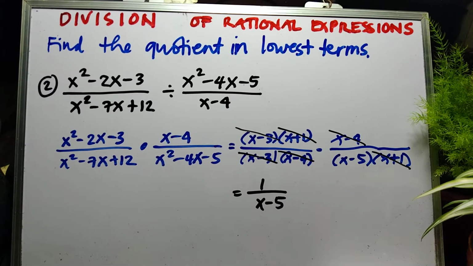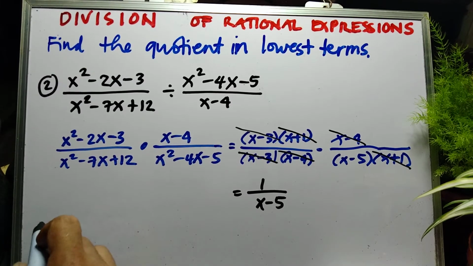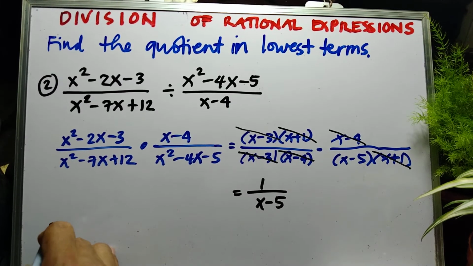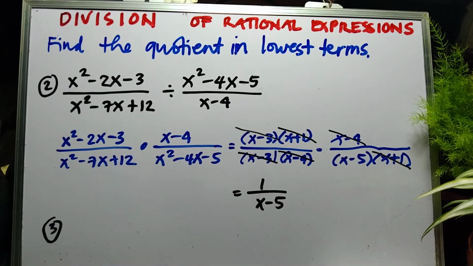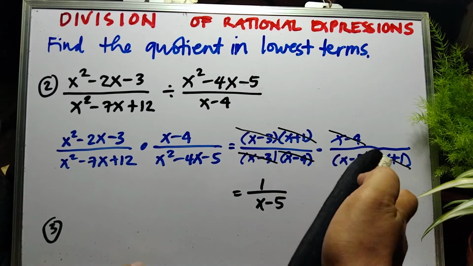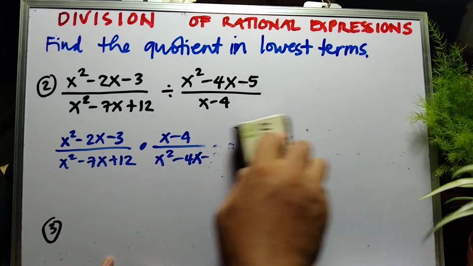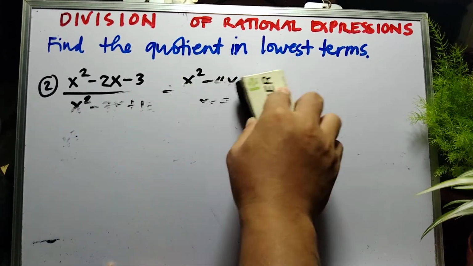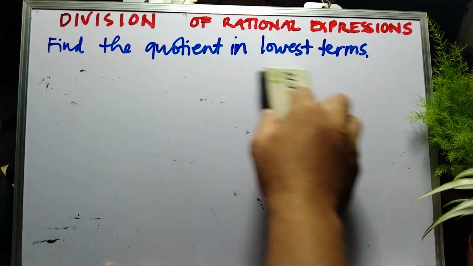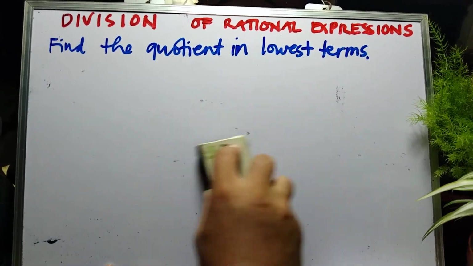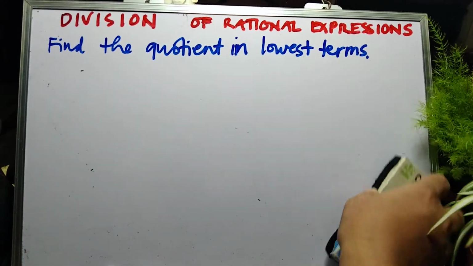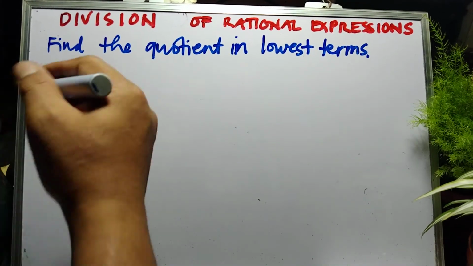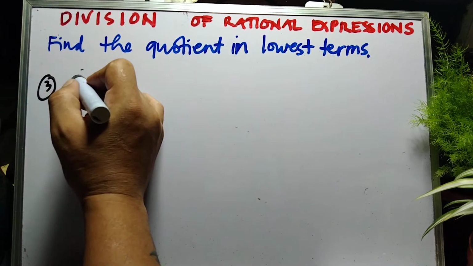Our third example. So you can have sample number 3. Okay. Next na lang. Okay, let's erase this. I hope may natutunan kayo dito, no? On how to divide a rational expression. So, example number 3. We could have